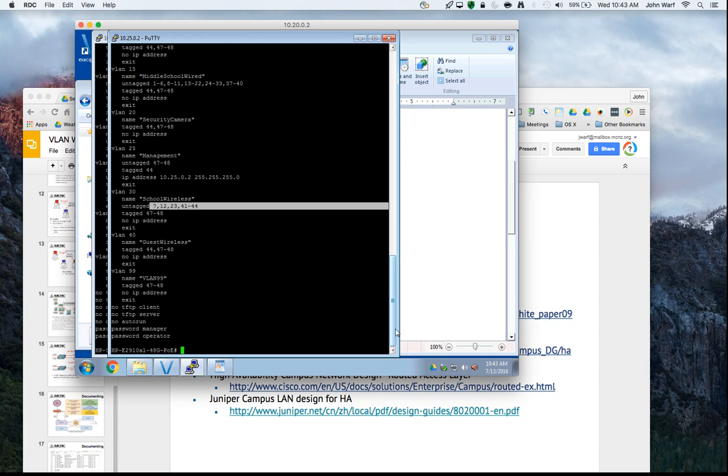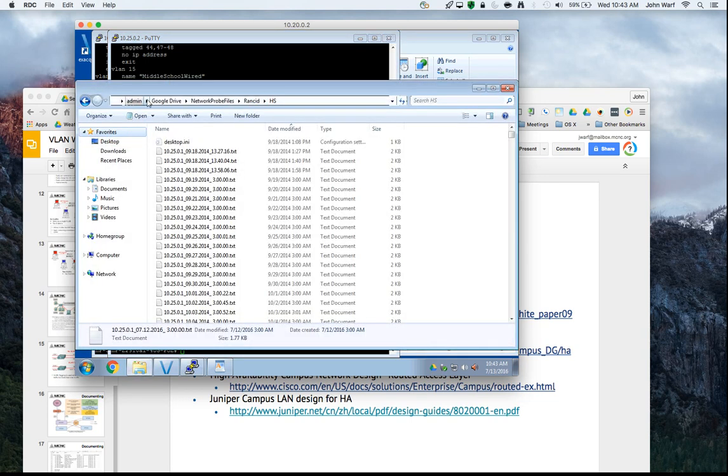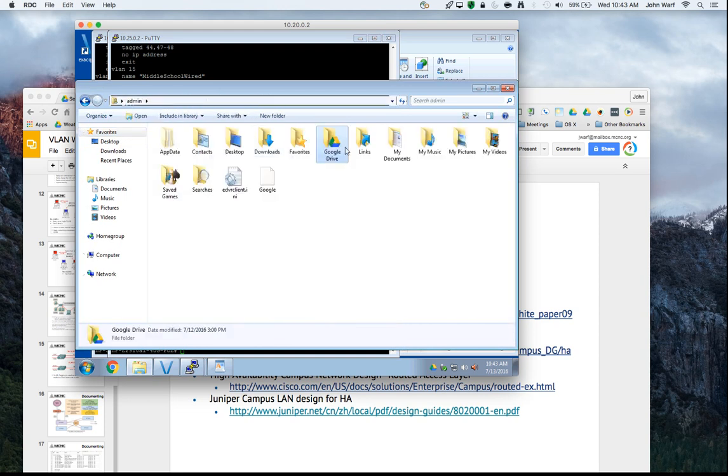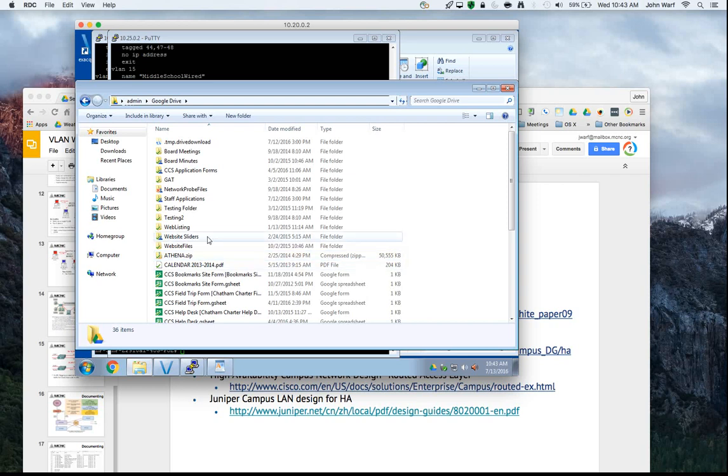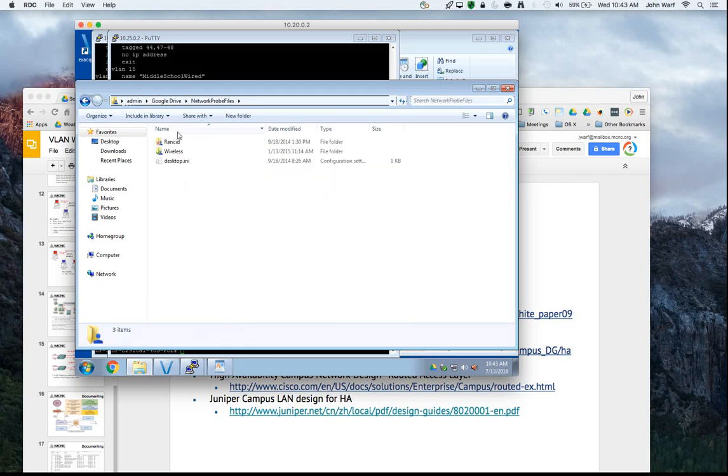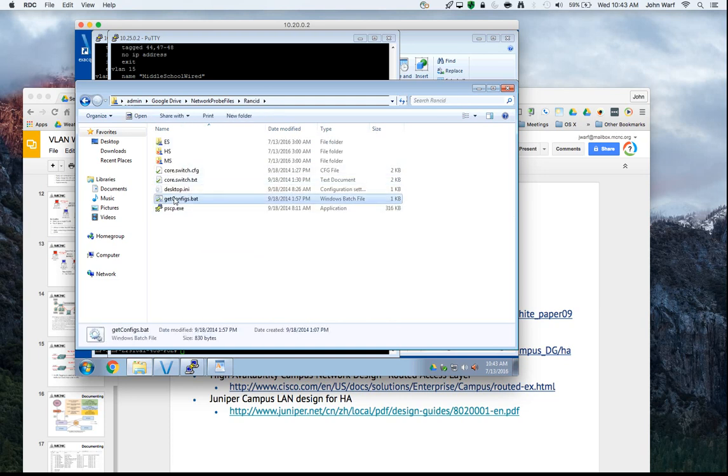Now, one of the things, this is all statically assigned. There's no automated population at this school for the VLANs or the tagging or anything like that. So one thing that is very important is to make sure that you back up your configurations, whether it's something along the lines of RANCID or other types of things that you could set up. Well, here at this school, one of the things that we have done is we have set up